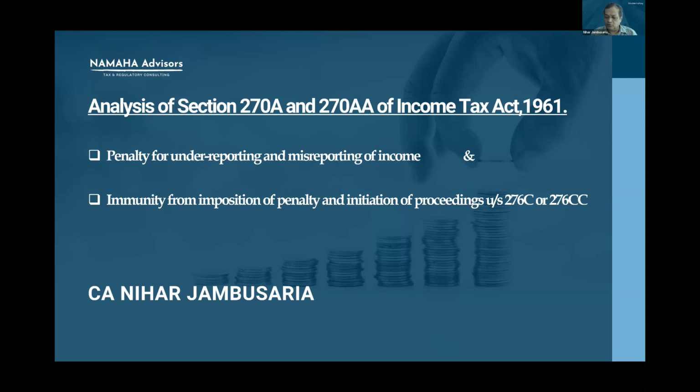And I will refer to those provisions which indirectly indicate that if penalty is to be levied under section 270A, where additions are made to the income declared by the assessee, then initiation of penalty proceedings during the course of assessment is necessary. Why is it so?